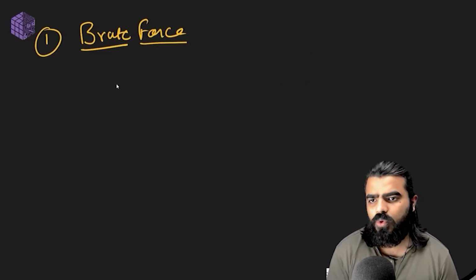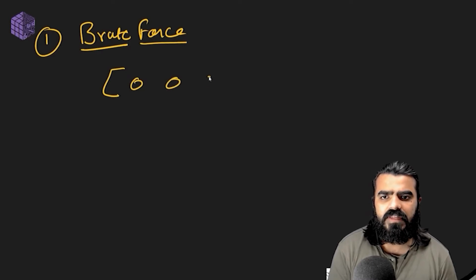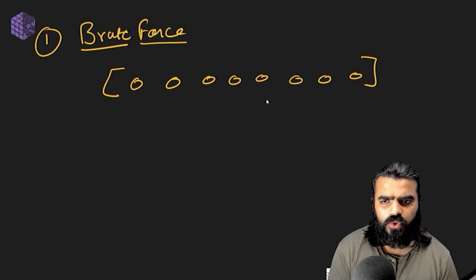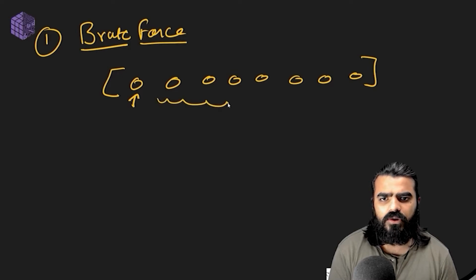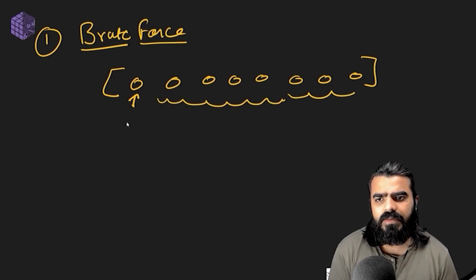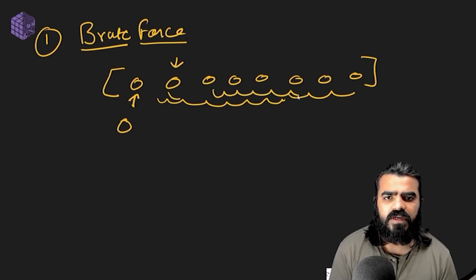So the first approach is the brute force approach. What it says is, if we have, let's say, n elements, we don't store it anywhere. We pick the first element and see how many times it came. If the number of times it comes is greater than n by 2, then this is the element. If this is not the majority element, then we go to the next one and do the same thing.